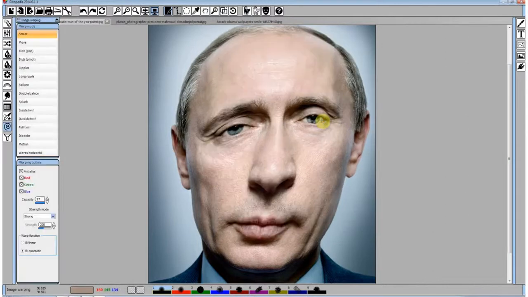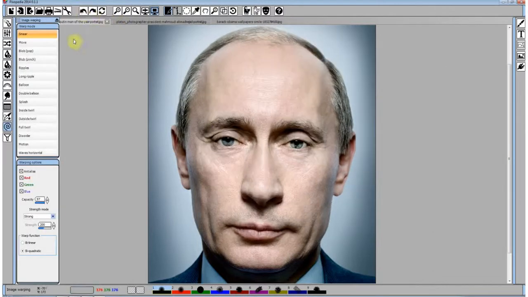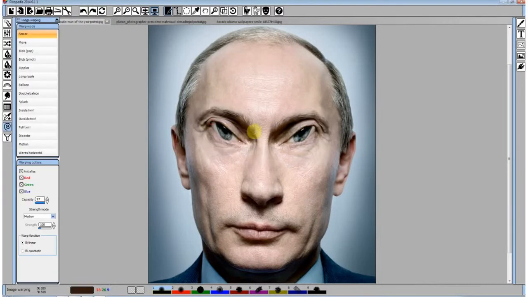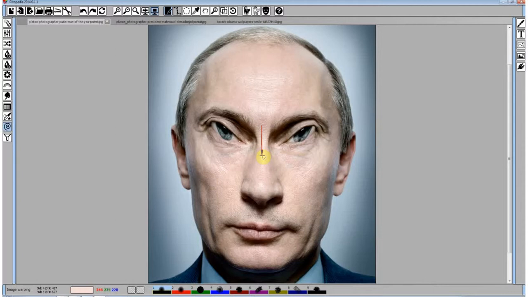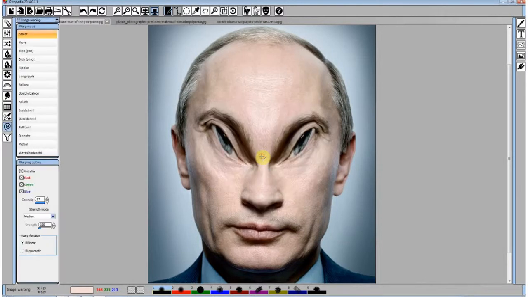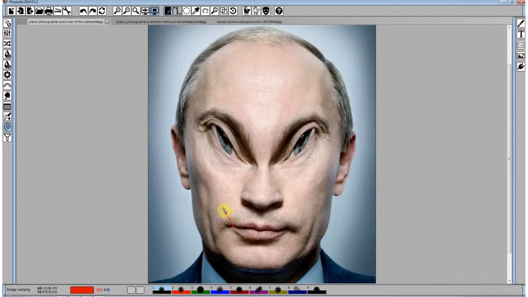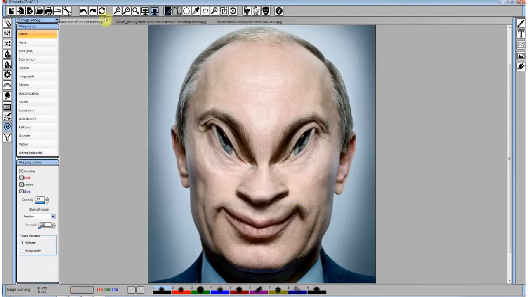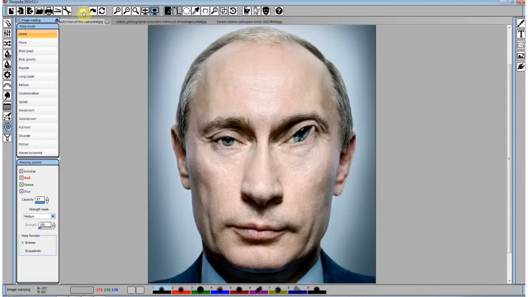We are set to strong here, similar to drawing polyline and polygon. Warp is applied after we release the mouse button. Now back to original.